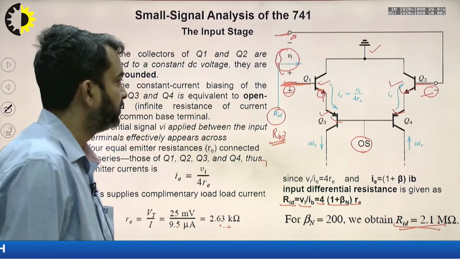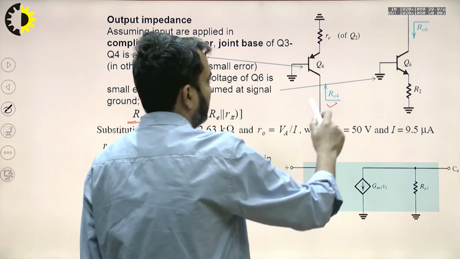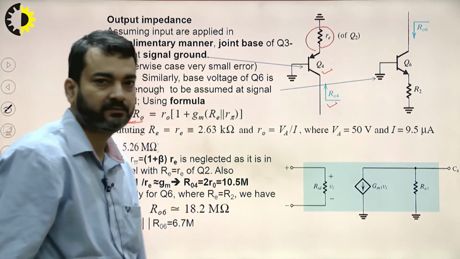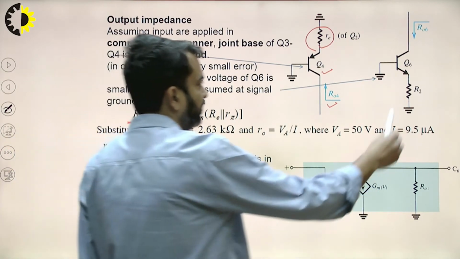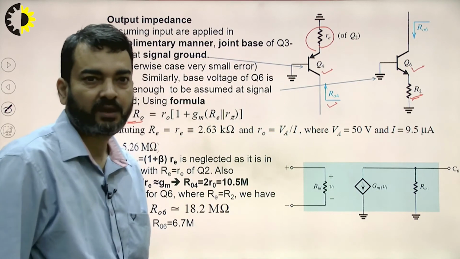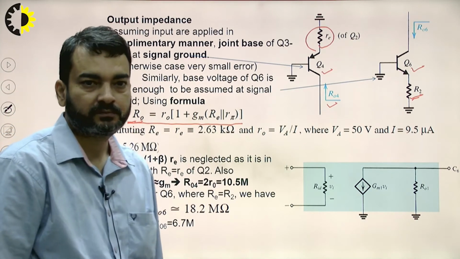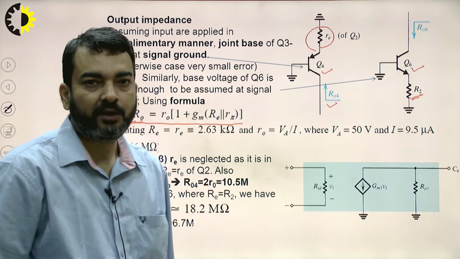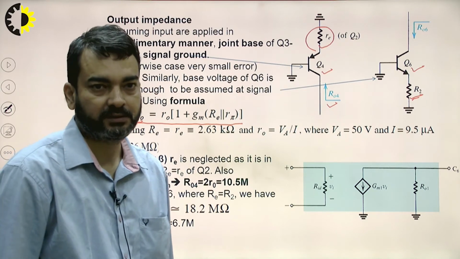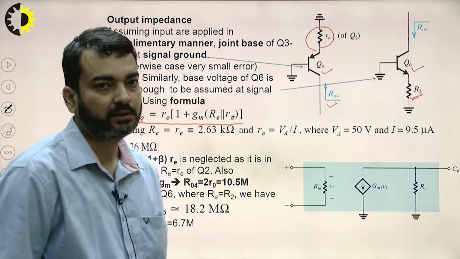So if we see this diagram, the upper branch impedance is calculated by considering transistor Q4 and emitter resistance as RE, while the lower branch resistance is calculated by considering transistor Q6 and external resistance R2. And then we have applied the formula this much. So by this we will be able to calculate all the three parameters which are required for the AC analysis, that is input impedance, output impedance and short circuit transconductance.